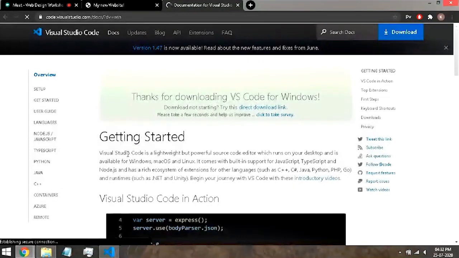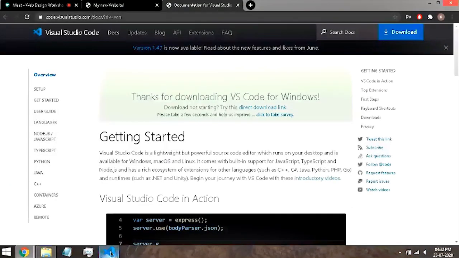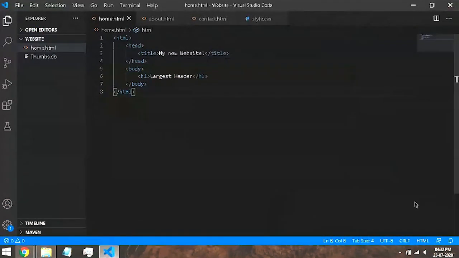It's as simple as that. Just click on download, and after this installer gets downloaded, you can install it. It's pretty simple. I will not be downloading this because I already have it installed. So yes, this is the IDE which we will be using, and there are a lot of reasons to use this IDE. We will go through those reasons one by one throughout this workshop.